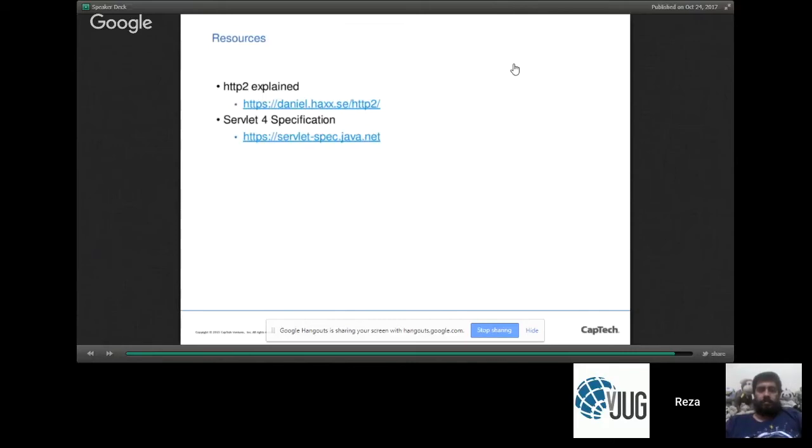Everything that I explained here today, you can explore in much greater detail and hopefully even better explained there. And of course, a link to the Servlet spec itself, if you wanted to take a look at the nitty-gritty. The Servlet spec is at java.net, we're soon moving to GitHub and soon moving to the Eclipse Foundation, and I hope you're paying attention to all that is going on there as well.